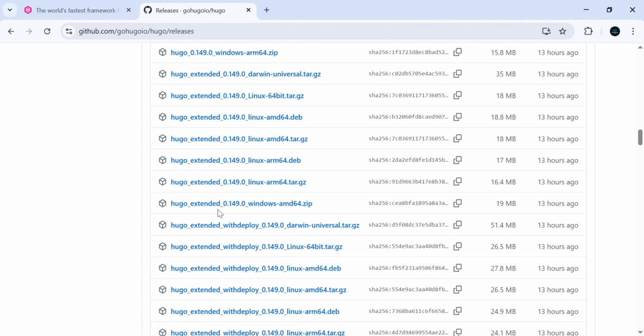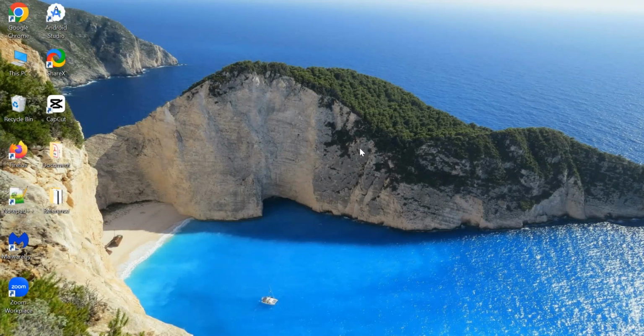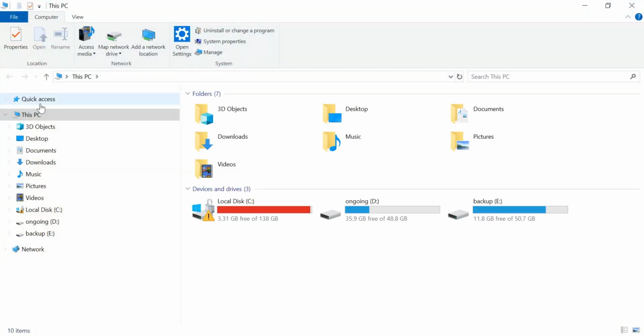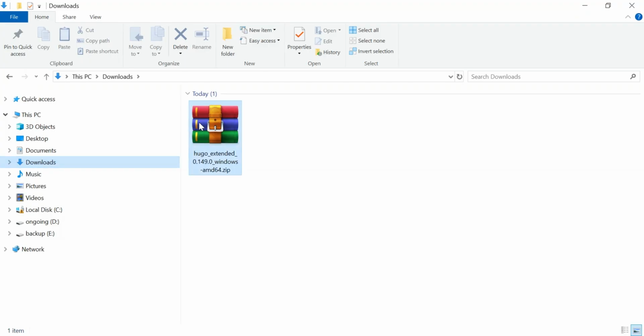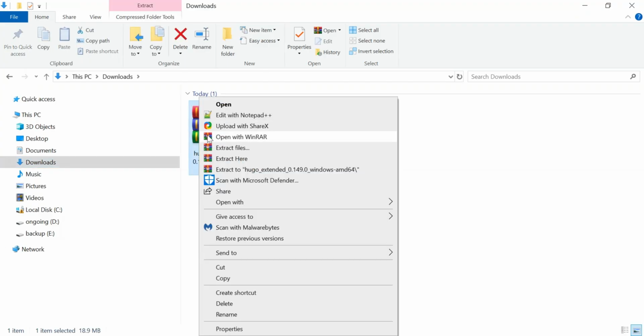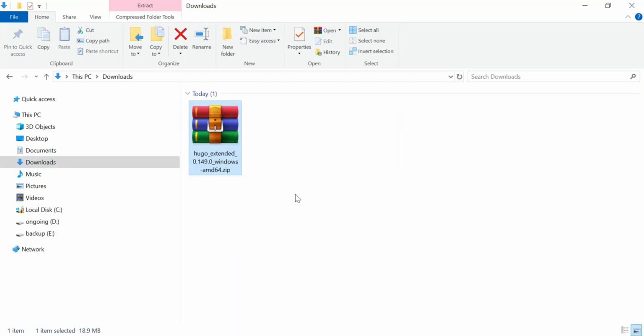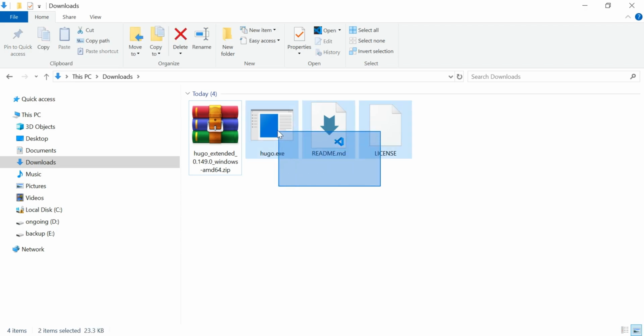So here I will download the Hugo extended Windows AMD64 zip file because my PC is 64-bit. So I need to click on that. So our zip file is already downloaded. Now we need to go to our download folder and then we need to extract our zip file. Now we will copy these files